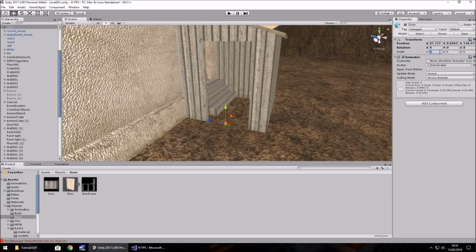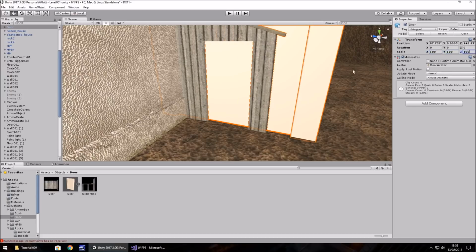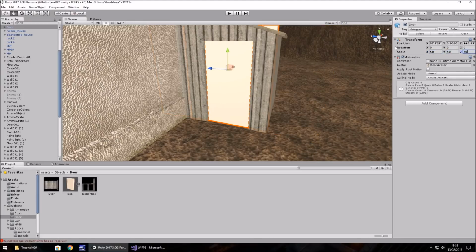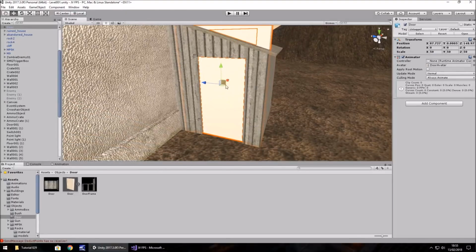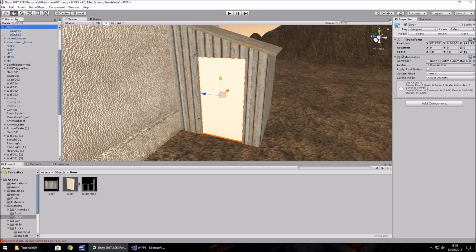So let's increase it to 100 by 100 by 100, and that's clearly too much. I think it's 50, 50, 50, still too much. So I think depending on however your game is with these buildings, if you got them large, if you got them small, work with it and change what you need to here. We may need to reduce even more. So I think what we'll do, let's quickly add our